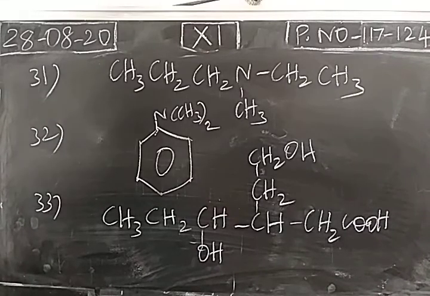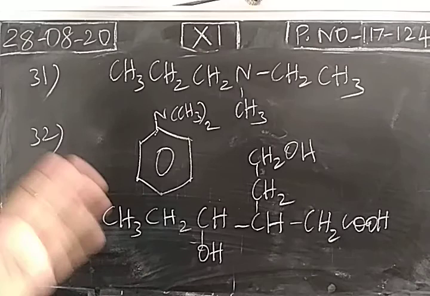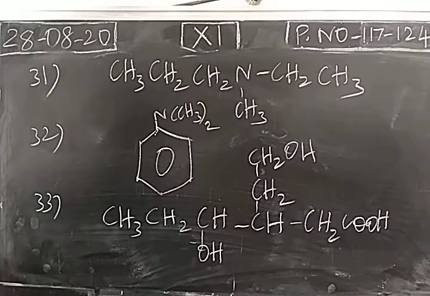Okay, so totally 33 compounds are available in our book. First 25 I have completed. Remaining 8 compounds I have mentioned. You just try yourself. Okay, try to name yourself using the IUPAC steps. So in the Zoom class we will discuss. So regarding these 8 compounds we will discuss in the Zoom class. Okay, you try yourself. And this will be somewhat difficult. So understanding IUPAC nomenclature will be somewhat difficult. So 2 or 3 times you just listen to the video, then only you can understand. Okay, thank you. Tomorrow we will meet.